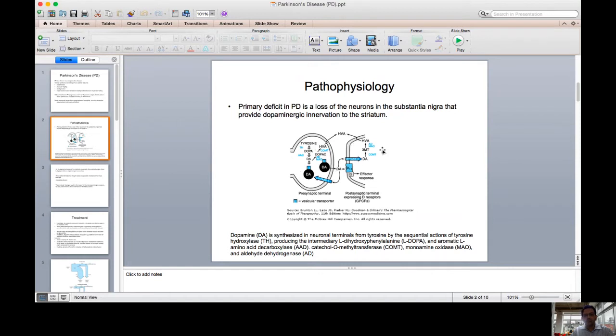But because of the damage to the substantia nigra, the synthesis of dopamine itself is reduced, leading to all the characteristic features of Parkinson's disease like bradykinesia, resting tremors, etc. Okay,